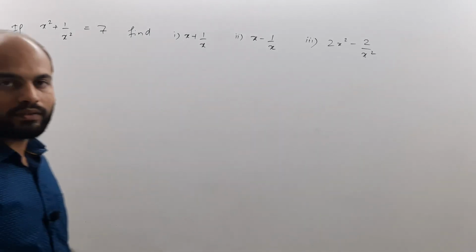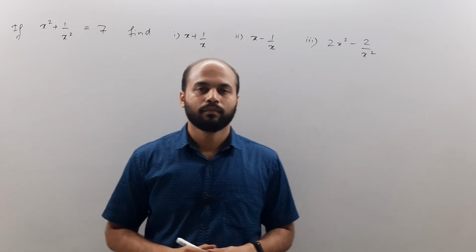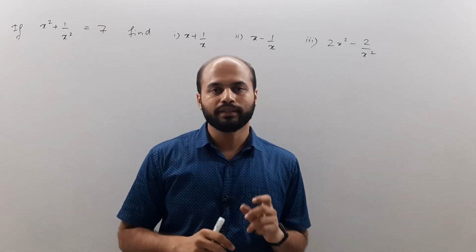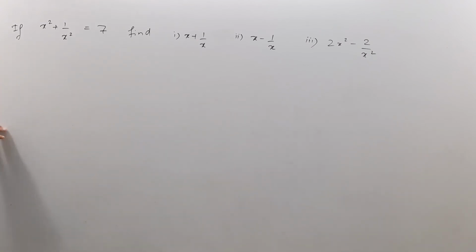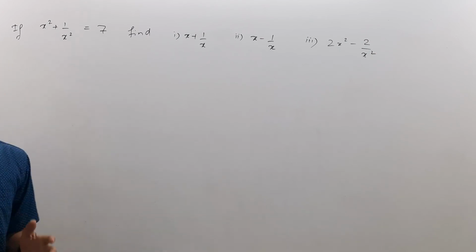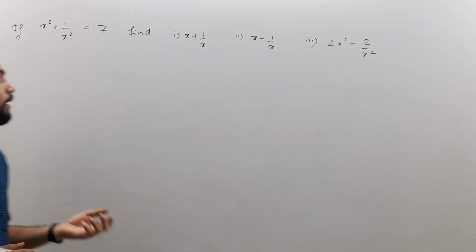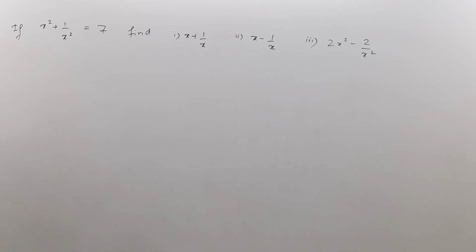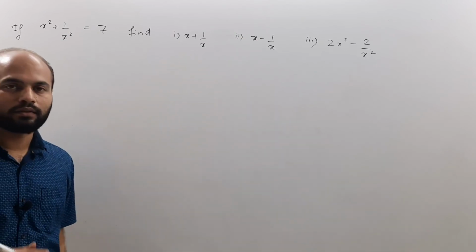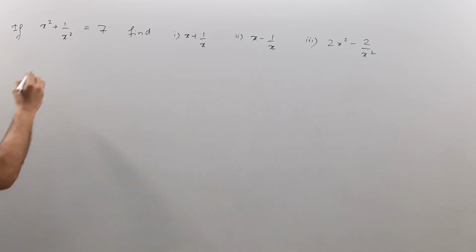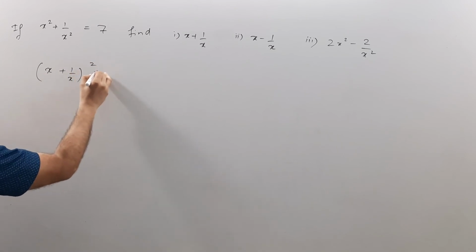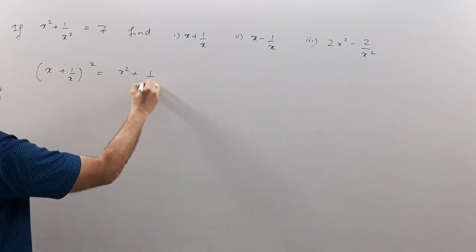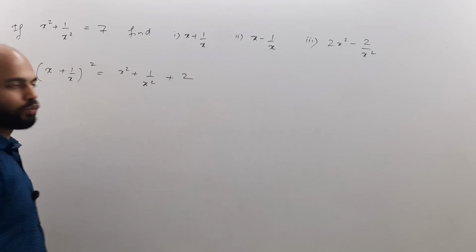Let's try two more problems before we wind up this session, and with this we are going to complete this part of expansions. So this one is given as, now we are given the square terms. Even though we are given the square terms, it is not a big thing, we just have to follow the same procedure. So x square plus 1 by x square is 7. First we want the value of x plus 1 by x. Now what we can do is, we will write this as x plus 1 by x the whole square as x square plus 1 by x square plus 2.